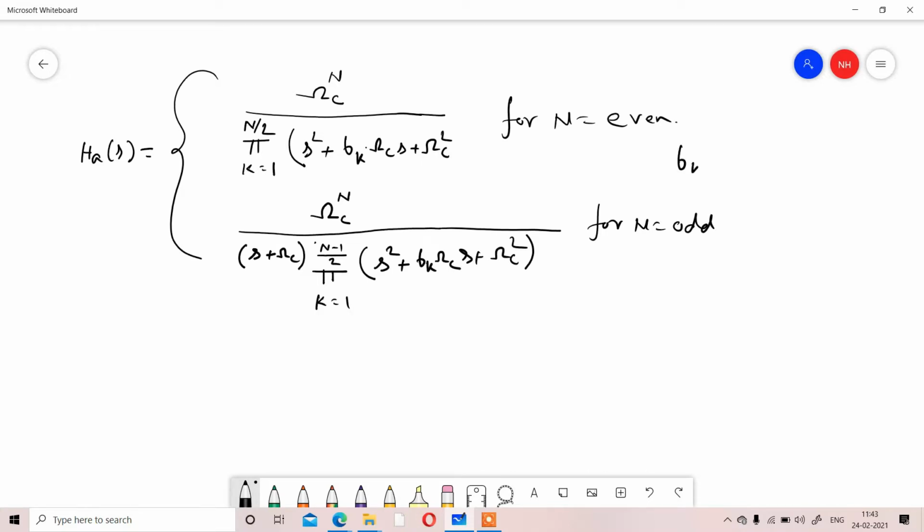where bk was 2 sine of (2k minus 1) pi by 2 capital N, that was your bk. So this was the equation to calculate the transfer function of an analog Butterworth low pass filter, and